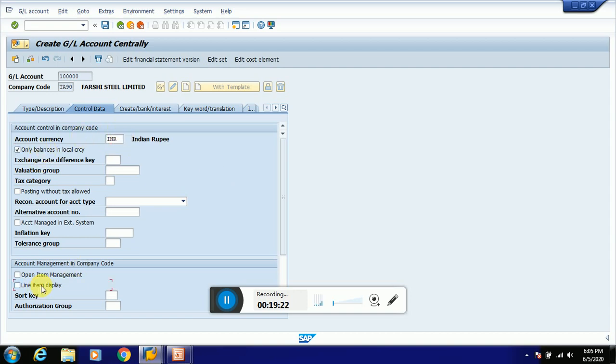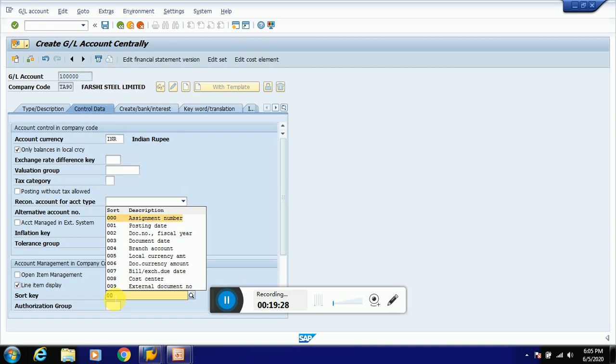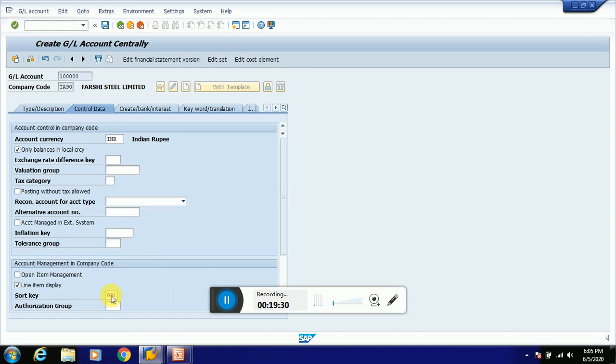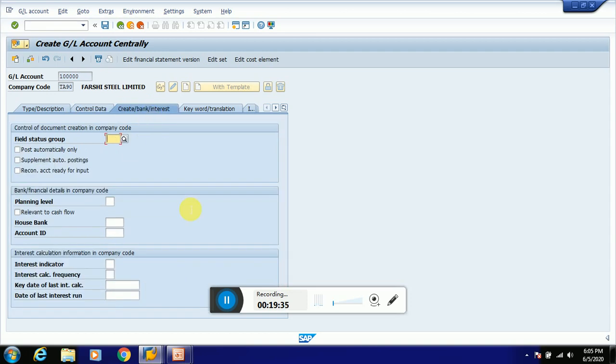Then click on line item display, sort key 001. Going to the next tab, select the field status group G001. Press enter and save. With this we have created one GL master data.